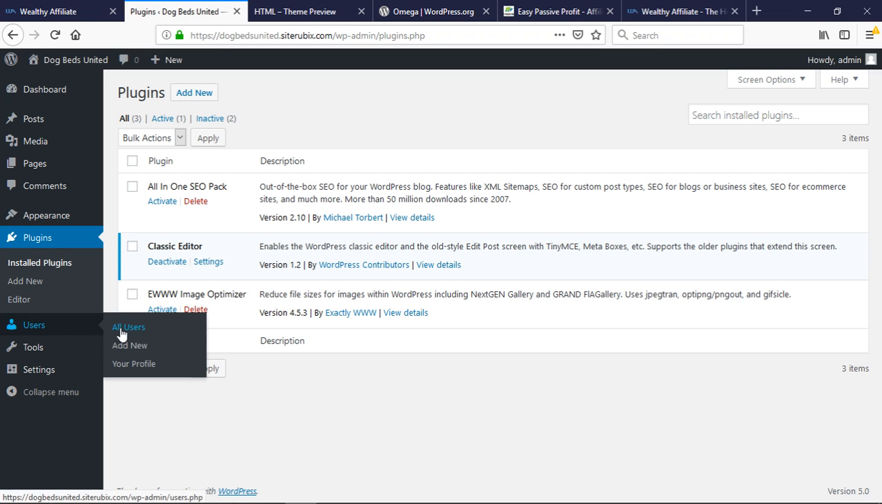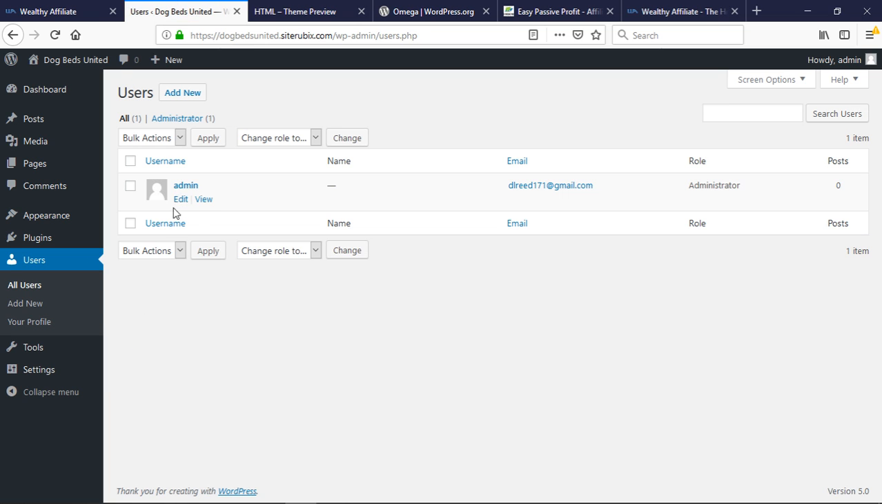For the users, you'll want to go to users, hit all users. Now this here you'll want to change, because this is the default login. Anybody that knows how WordPress is set up knows how to log into it. The default is going to be admin, so you want to create another account or create another user